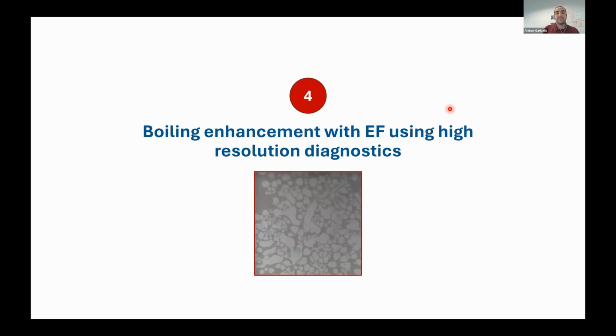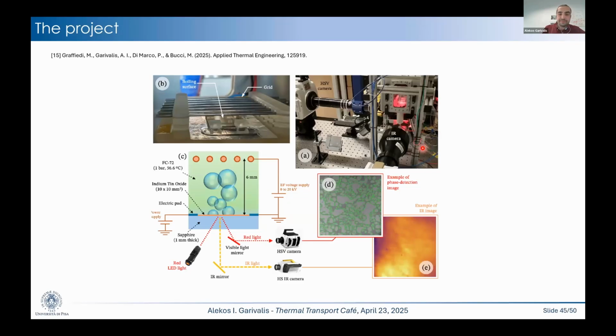I will skip this as well, because I want to talk about our last works performed together with the MIT group, so Matteo Bucci's group, especially with Marco Graffedi. Now we also have Marco Comiso, a master student from Pisa, working on this topic. So we use the high resolution diagnostics available in the Red Lab at MIT to get some insight on why the electric field enhances the boiling heat transfer. And to do this, we use this apparatus,